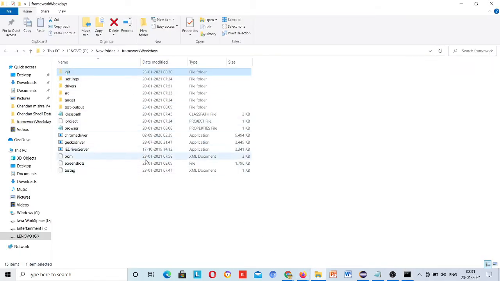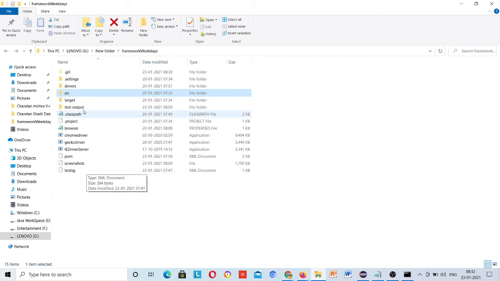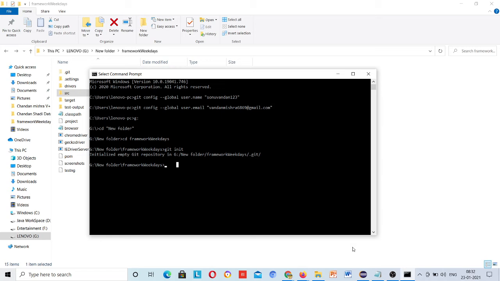Now these files you want to put on staging. Staging means the first stage where you confirm that all this code is to be added to your project. For that, git add star.